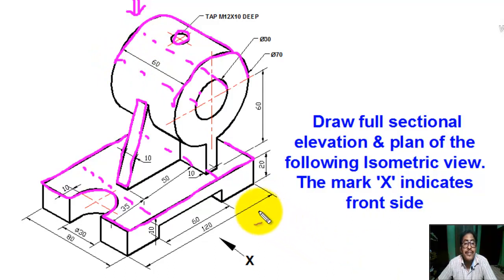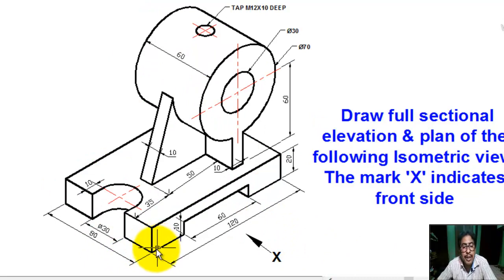Now we see from front. First we draw the front view. In the front view first we draw this portion. This is 30, this is 10, this is 60, this is 10, this is 30, this is 20, this is 120. Okay, to draw a line, click on line,